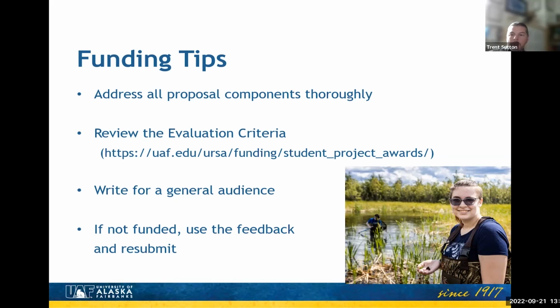Yes, it's disappointing. We've all been there. I've gotten rejected before. But don't just take that as, well, I can't do it, and move on. Make the revisions necessary, apply again, and work with us and your mentor, and I think sooner or later you're going to get a hit on this, and you're going to get a funded project. So I would encourage that.